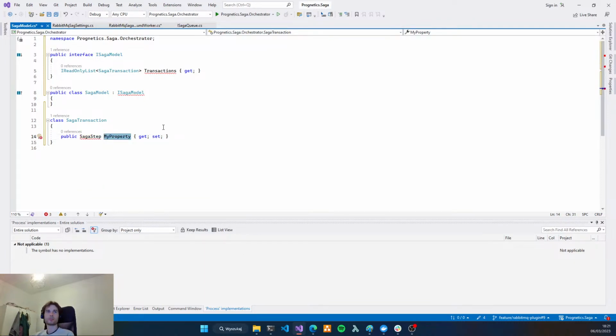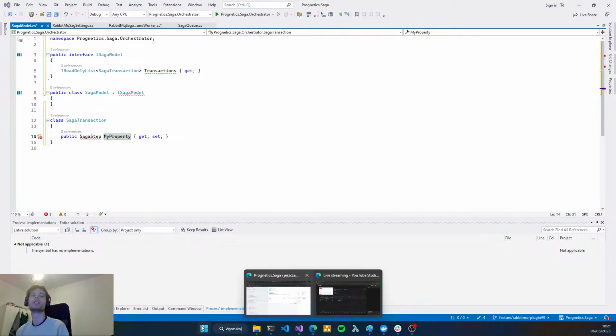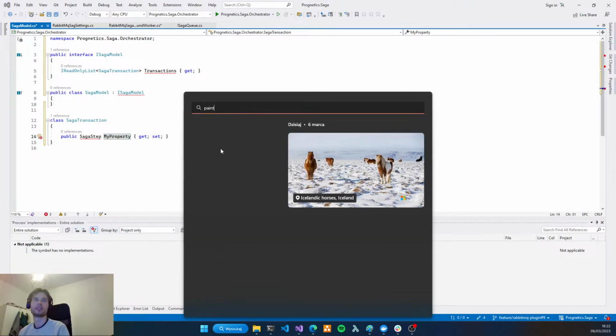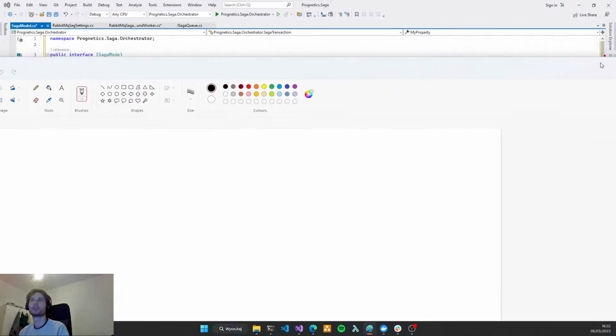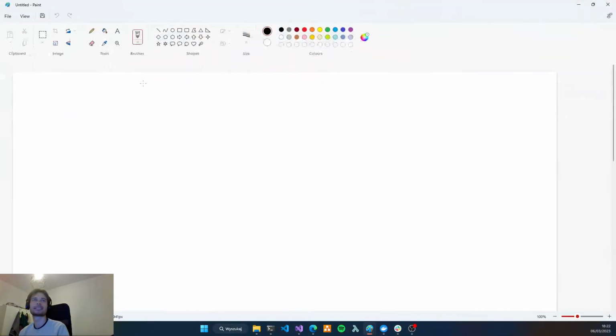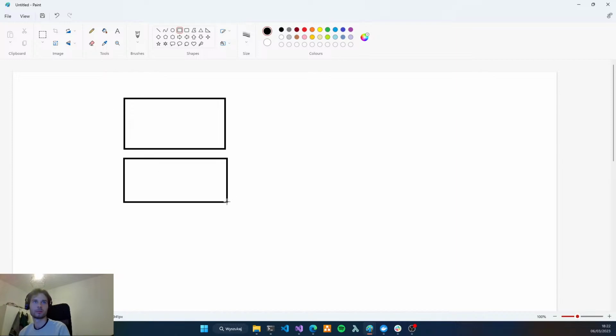And what I'm referring to if I say SAGA step? For me, SAGA step, maybe this will be controversial, but let's create some frames.